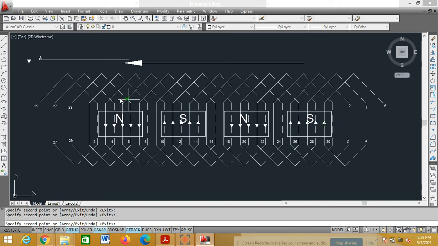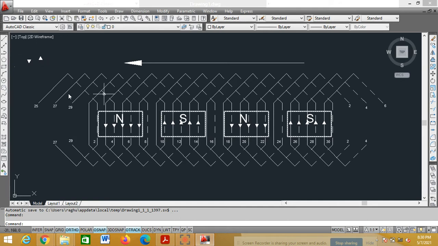Over. So these arrows, you can retain it here for the sequence diagram. You can retain it like this. Then no need to create an arrow again using polyline. Now here I have to type direction of rotation.